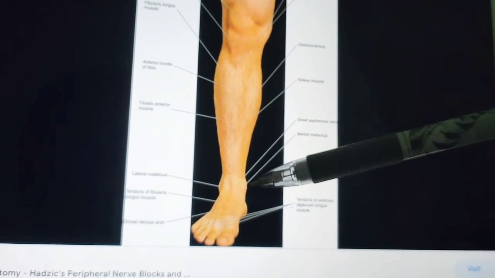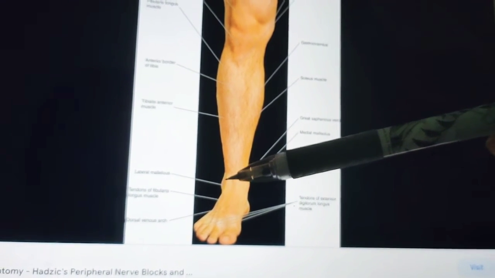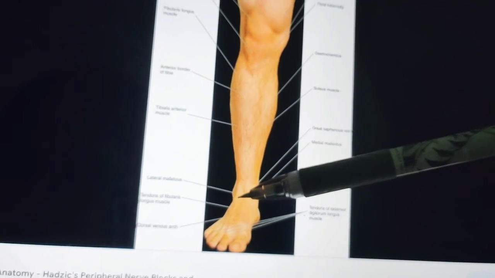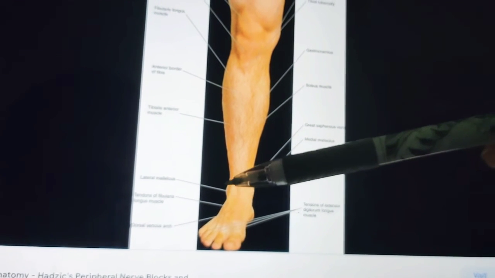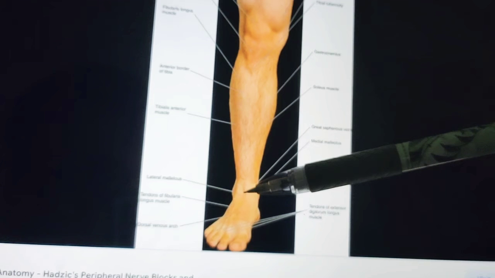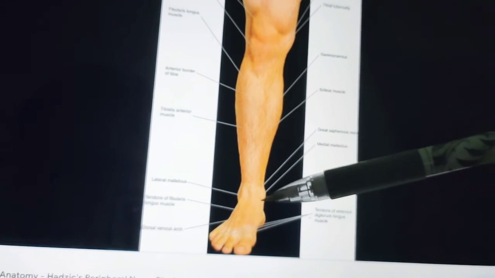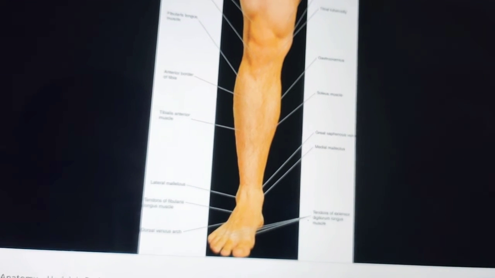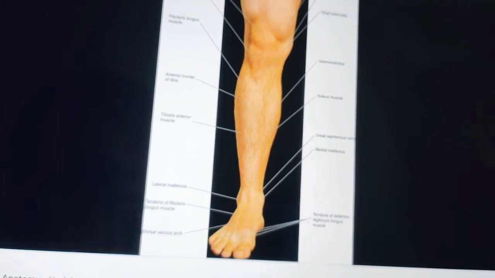If you see, the lateral malleolus is somewhat below when compared with the medial malleolus. The posterior borders of the two malleoli are in the same coronal plane, but the anterior border of the lateral malleolus is 1.5 cm behind the medial malleolus. Next, coming to the peroneal trochlea, I will show it in another diagram.